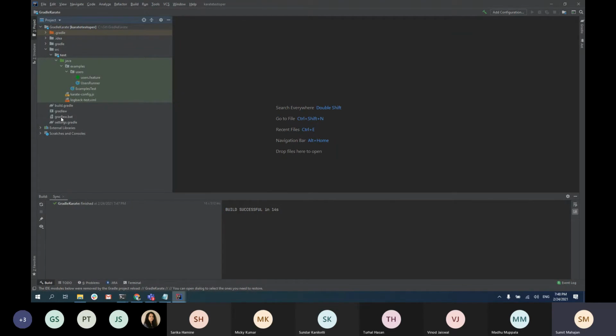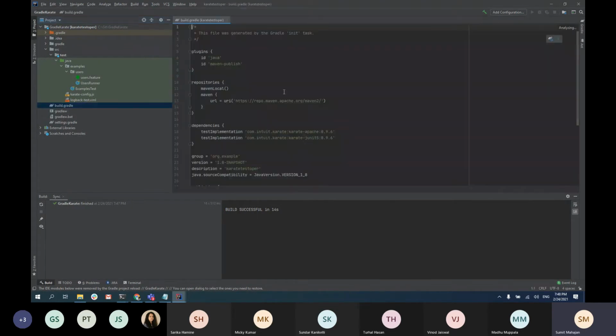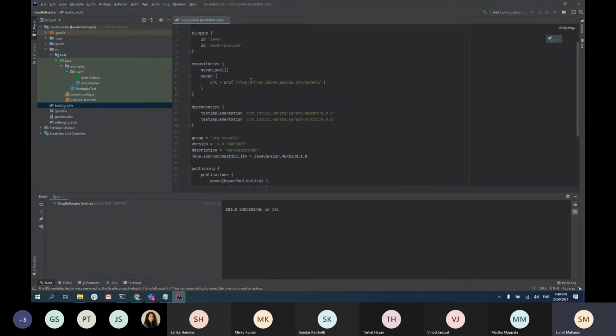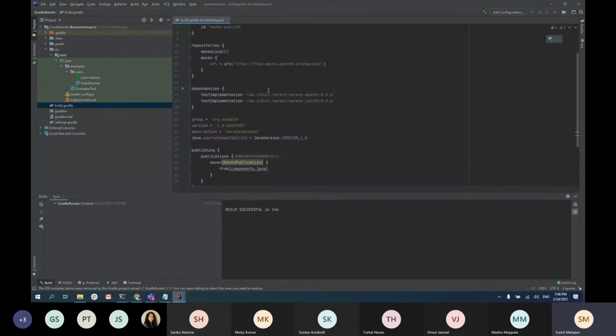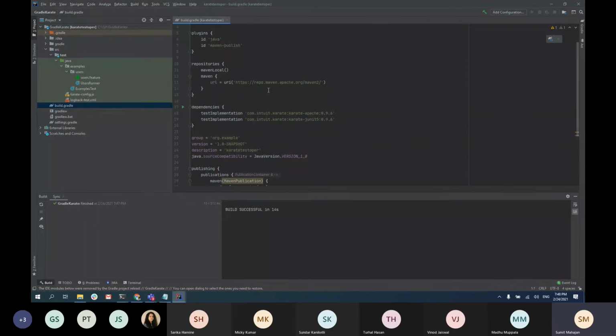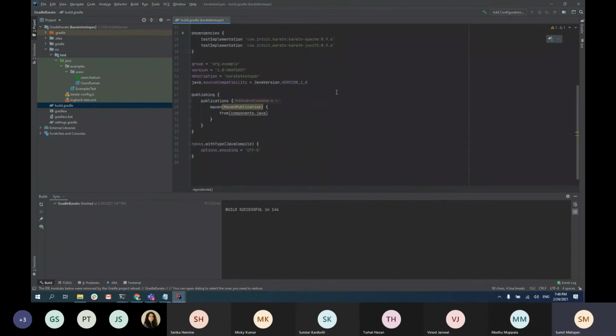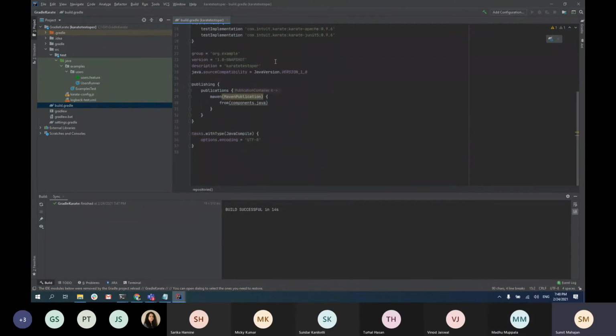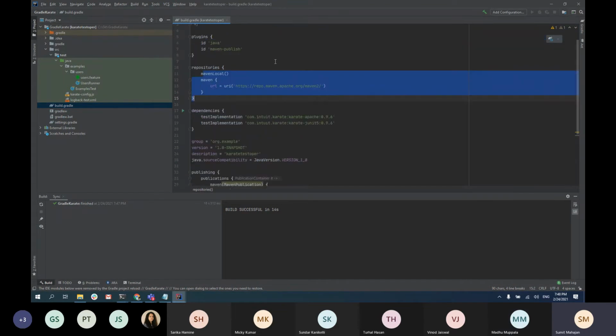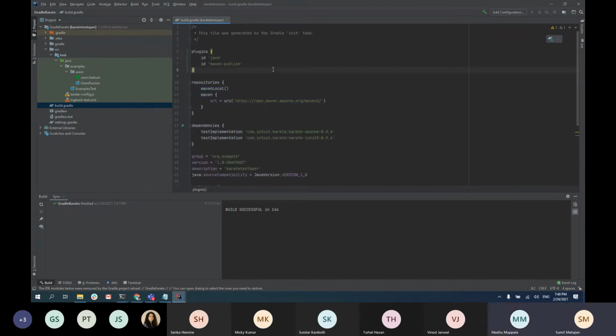And now, instead of the POM, you have a build.gradle file, right? This is somewhat the same as pom.xml, but a little different as well. It also does the same thing. These are the two dependencies that got imported, and then the repositories that we have, and basically that's what we need.